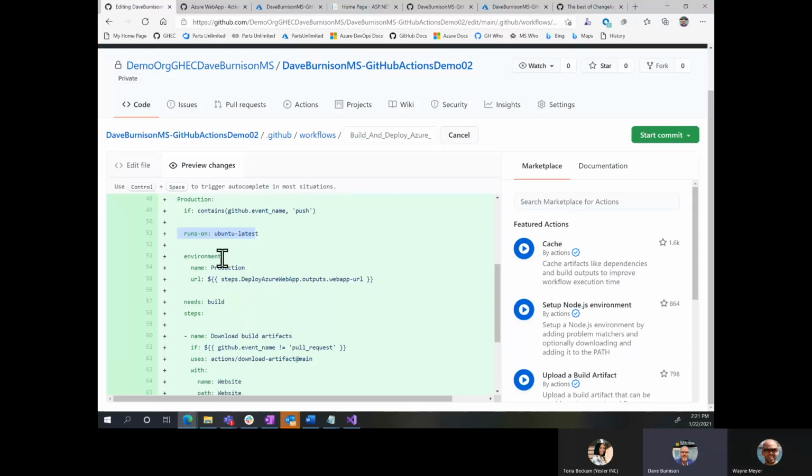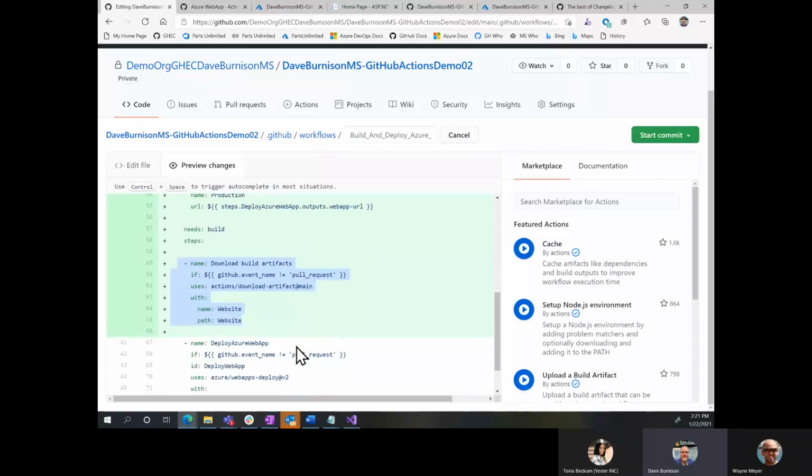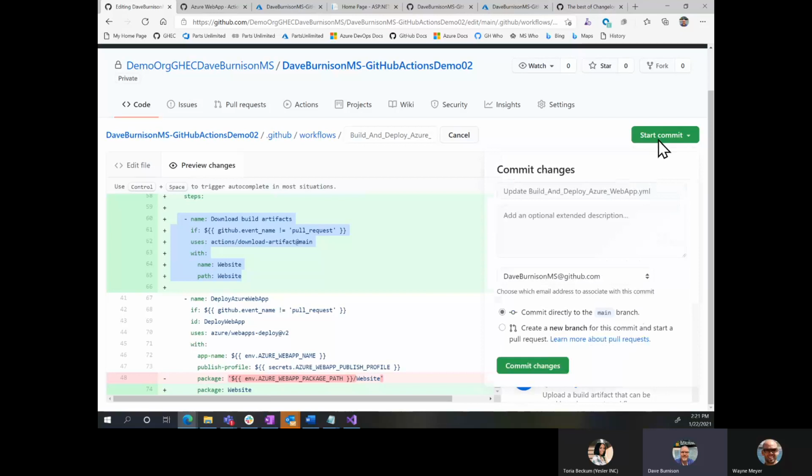So now we're running on another instance of our runner. So we have to download the artifacts to that instance of the runner, and then we'll deploy the website. So you can see there's just a small tweak there as well. So let's start that commit. So with our environment.